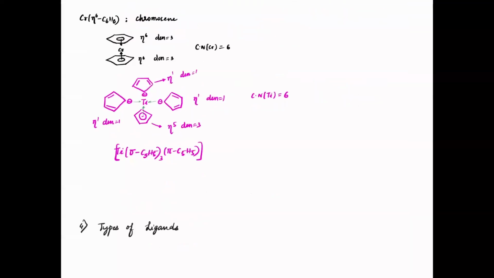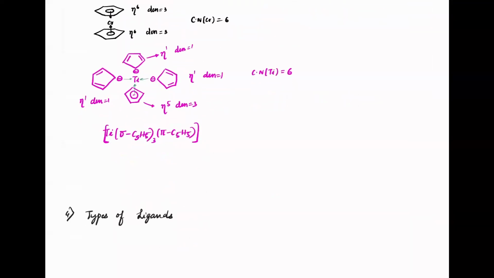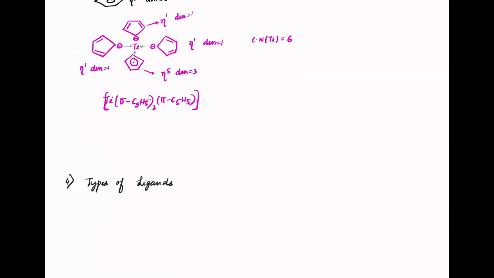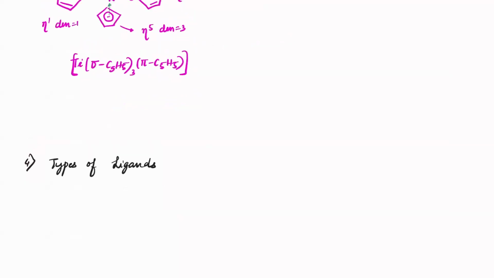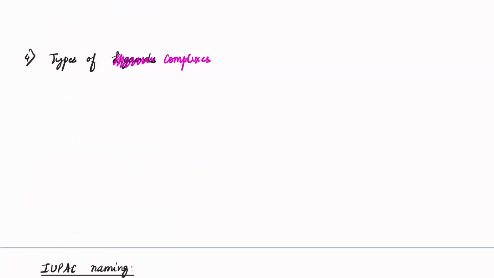Now, let me just finish this last part. The last thing is the type of complexes. It's not the classification of ligands, it's the type of complexes. There are only two types of complexes when we write it down. So one is